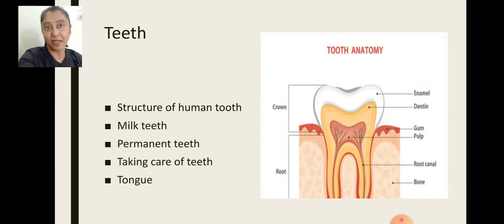When the child is around 5 to 6 years old, one by one milk teeth are replaced by permanent teeth. Permanent teeth, as the name implies on its own, are permanent. It means if we take proper care of permanent teeth, they can last forever. They can stay with us forever. So in a human mouth, there are 32 permanent teeth.